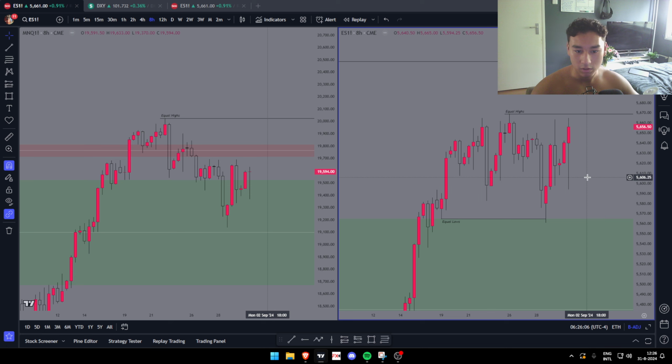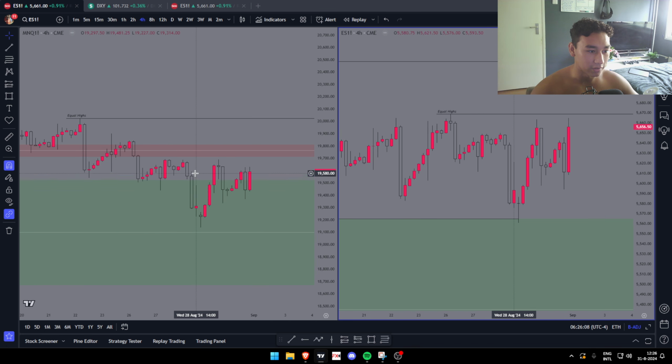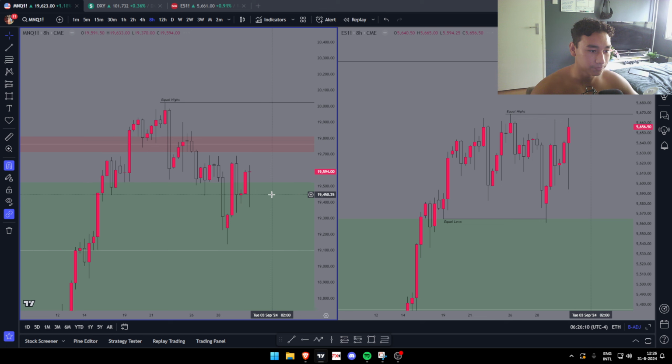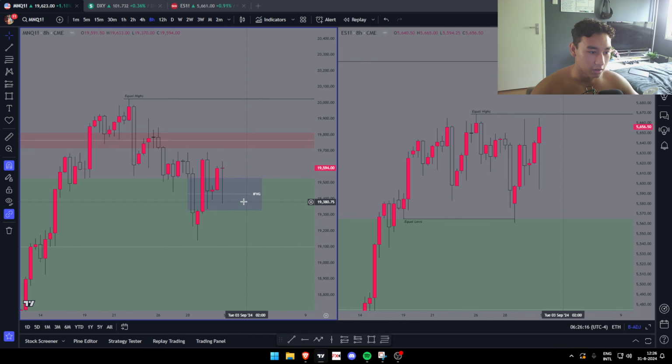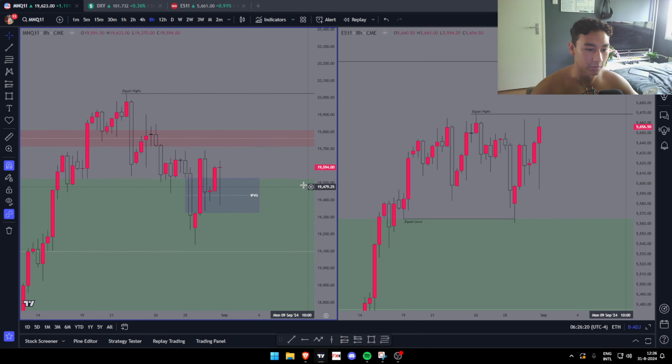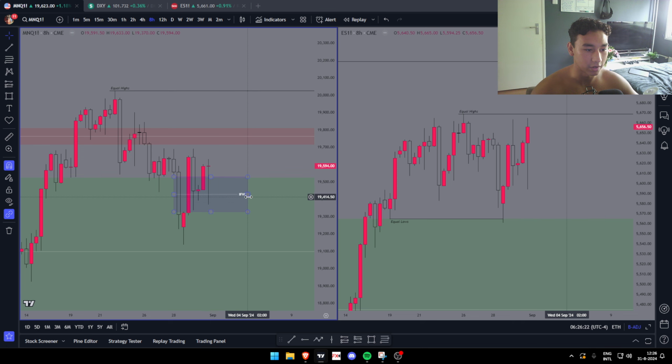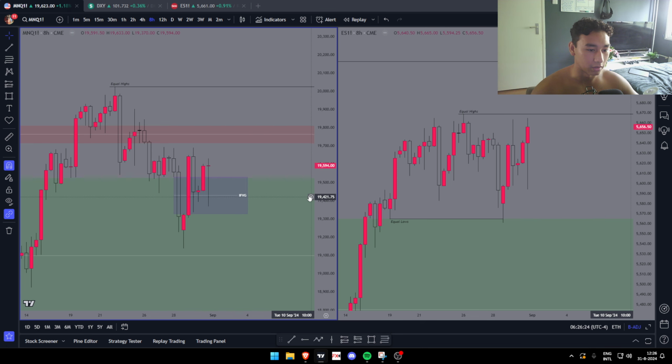So I will mark it out here. But this leg here, we have a CB here, CB here. We didn't take out this high yet, so we can mark out this singular FEG. Bodies tell the story here. The wicks do the damage. We respect constant encroachment. That's what ICT tells that you want to see inside of a